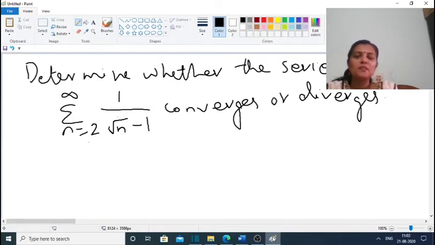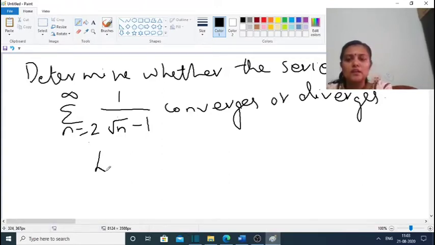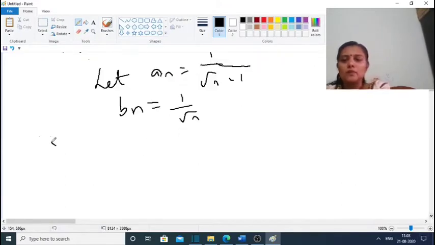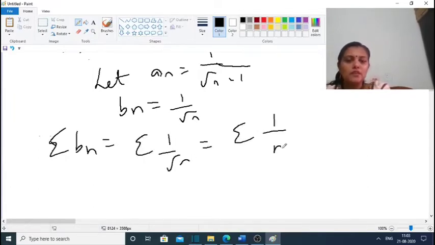Third problem: determine whether the series sigma n equal to 2 to infinity, 1 by root n minus 1, converges or diverges. So here let an be equal to 1 by root n minus 1 and bn equal to 1 by root n. So sigma bn is equal to sigma 1 by root n, which is equal to sigma 1 by n raised to half, is a divergent series